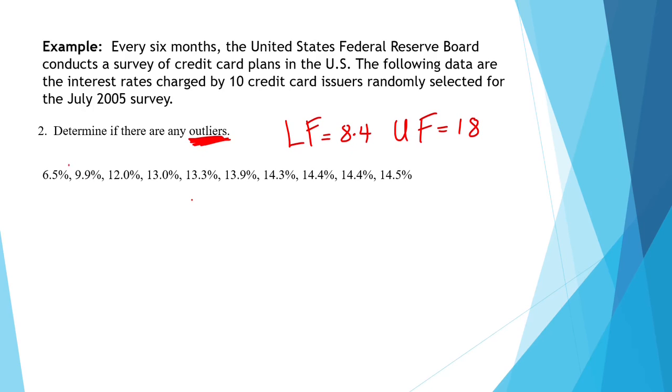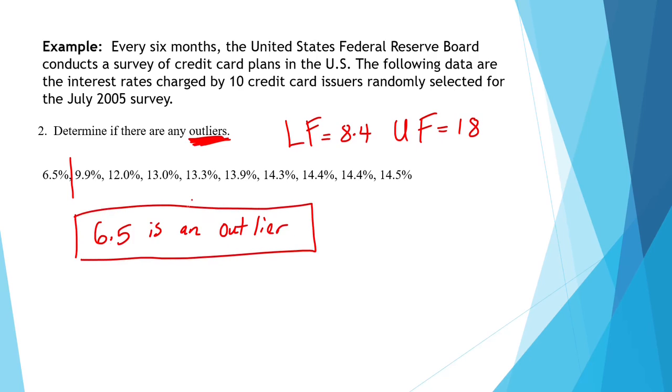I look at my data set, and 6.5 is less than 8.4, so 6.5 is an outlier. And then I look at the upper fence. The upper fence is 18. 18 is all the way over here, and everything is inside my fences, less than 18. There's no outliers above 18, but there is one outlier that's below our lower fence 8.4, so we only have